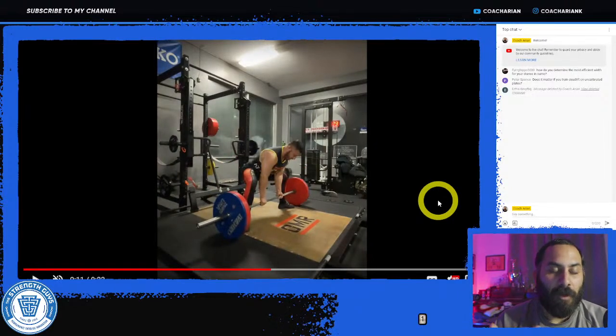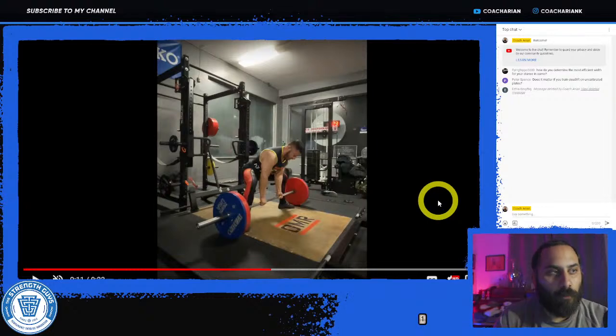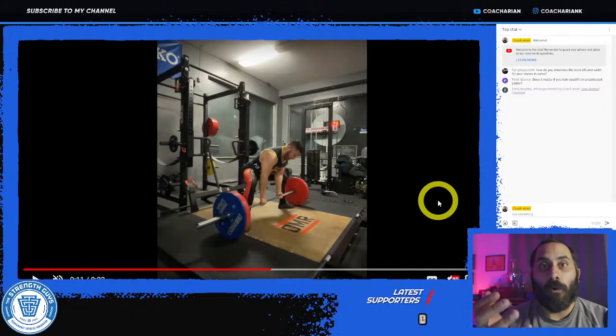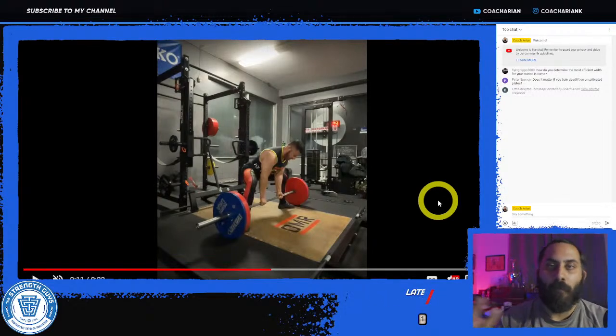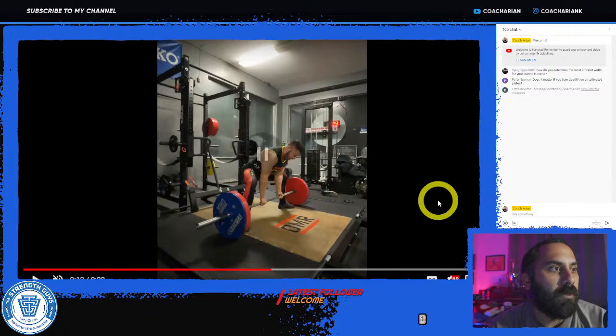On the second rep, he tries to be a little more aggressive with dropping the hips and pulling. And so that could potentially also make it a little bit worse as far as moving the bar forward and the body forward, maybe even more than the first rep and more than you want, because the momentum's pushing him forward.